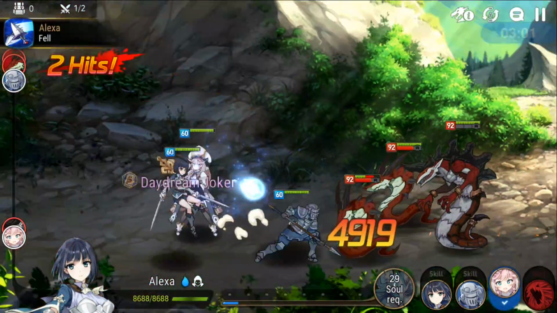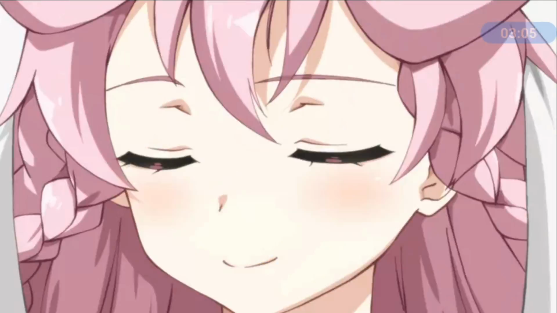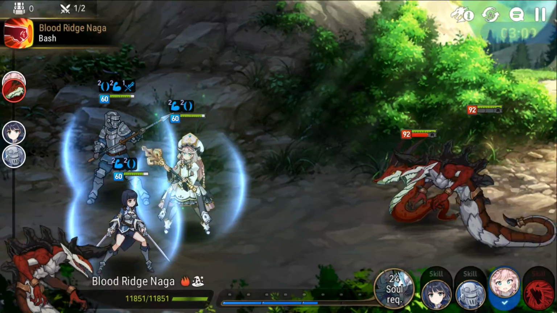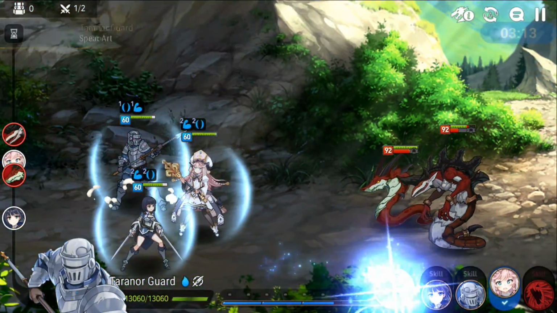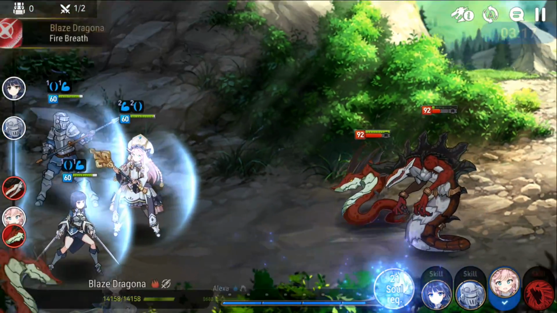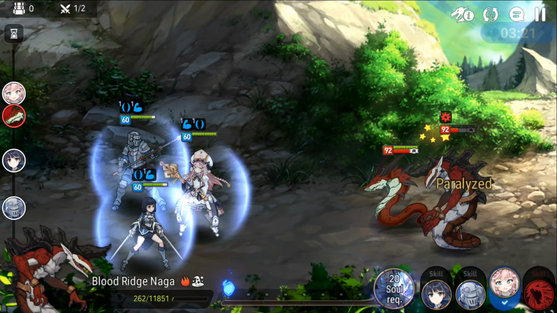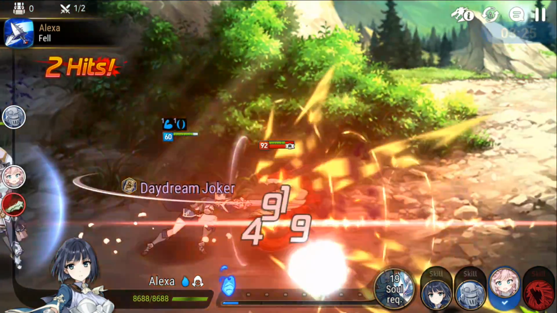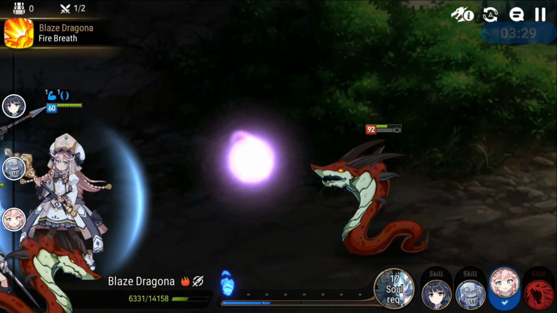Maybe you don't want to run heroes that you won't be able to use in other areas of the game. I mean, Taranor Guard can be used in Raid Labyrinth. You know, he can be used in the Abyss. He can be used quite a bit. But you will not successfully use him often in PvP, right? Like, you could use him. I mean, they would work better in Guild Wars versus Arena, but they're definitely not heroes that will shine in